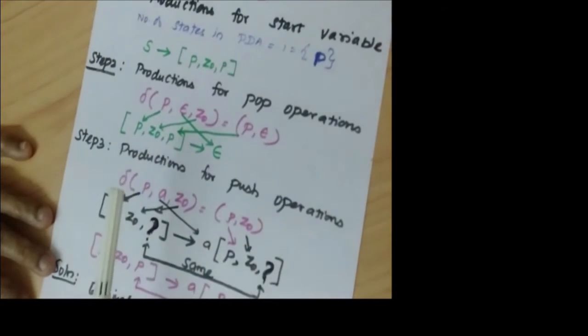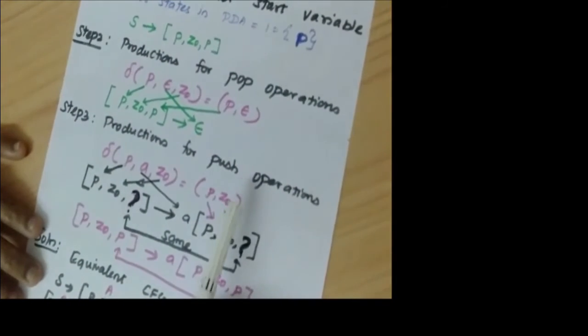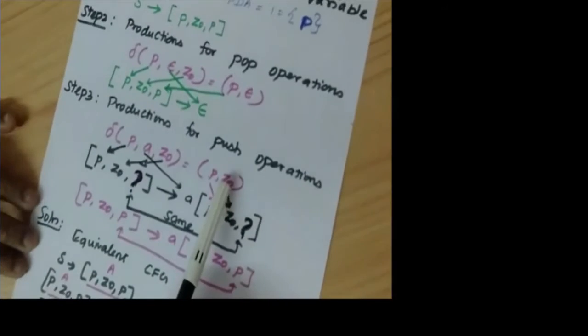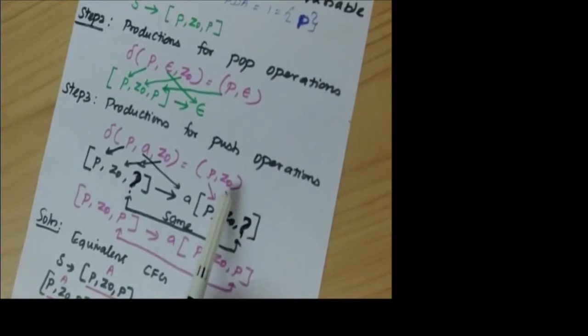Then next we will see how to convert the push operation into productions. Here the number of productions formed in the grammar is based on the number of symbols to be pushed. Since here there is only one symbol and only one state, we will have one production. Suppose we have one symbol and two states in the given PDA, then we will have two productions. If you have two symbols, then you will have more productions, which we will see in the next example. How to convert this push operation into an equivalent production is given in this format.